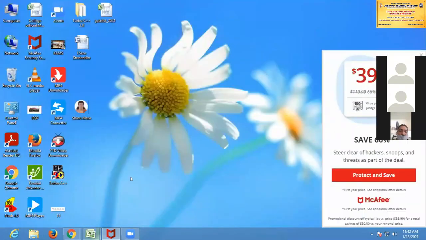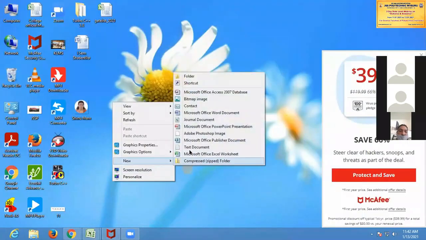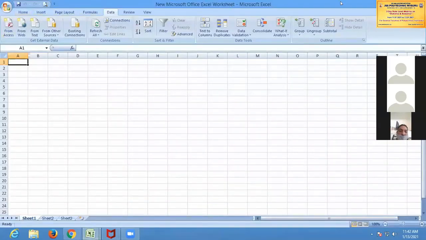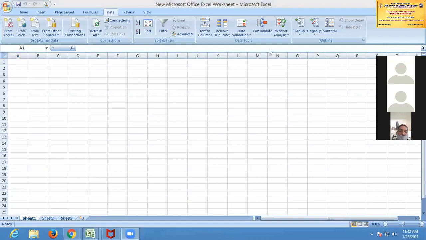Here, go for New, Microsoft Office Excel worksheet. Click on worksheet. So this is the screen that you can view here. This is Microsoft Excel 2007.